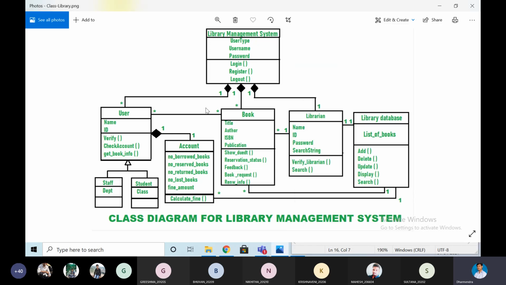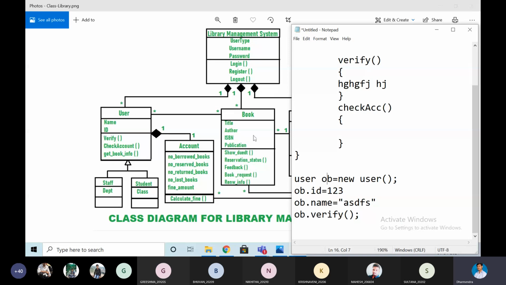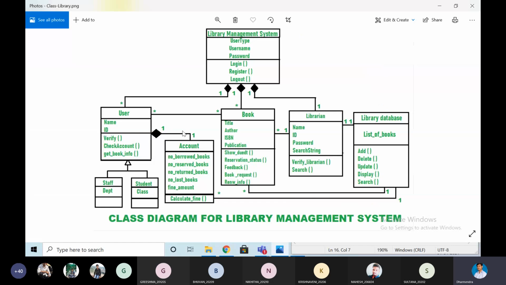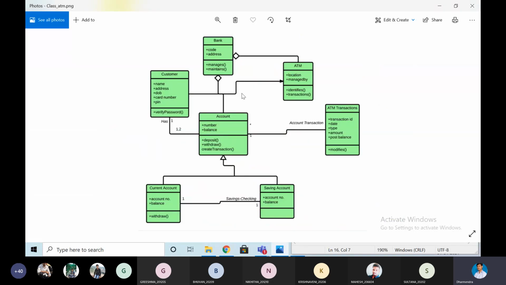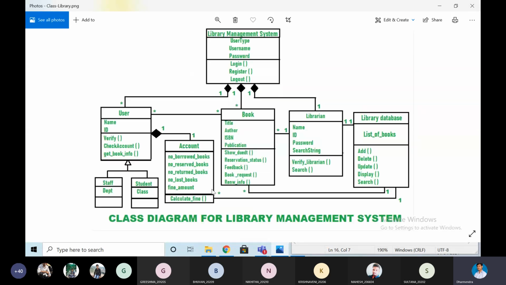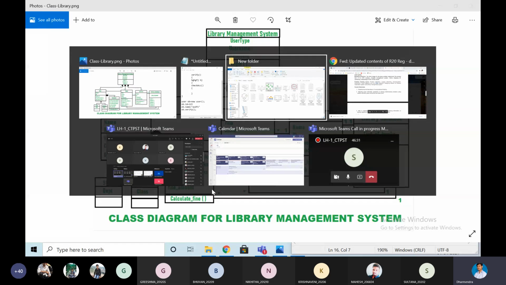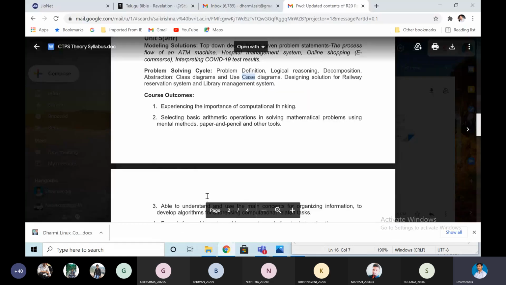Okay, so these are the diagrams. You do one thing, just take the pen and draw; you can modify these diagrams also, no problem. Take different views, draw the class diagram, not in this way, you can write in a different way. Draw the diagram for the ATM and library management system, that is the task for you.